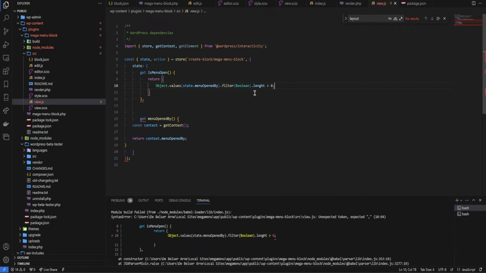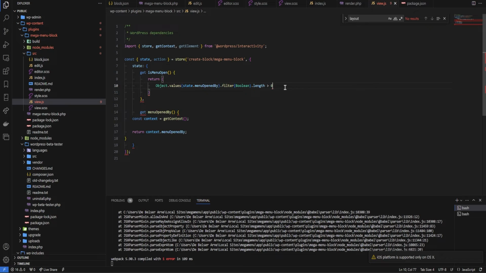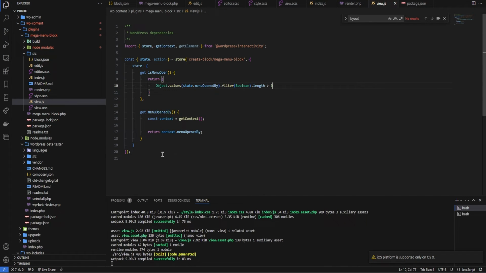Yeah, Object.values, filter, Boolean, length. Where's my mistake? What does it say? You expect length. Length is also wrong, but Object.values filter Boolean length. I'm forgetting a bracket somewhere, but I don't see it. Okay, it seems I can't use a semicolon in a return when I'm using parentheses, which is logical, but I didn't